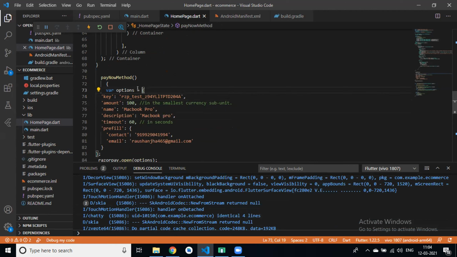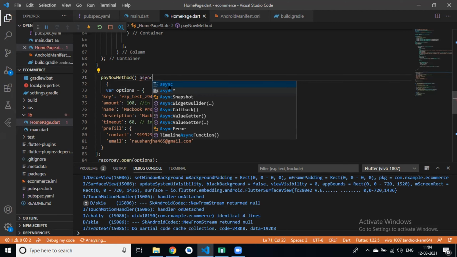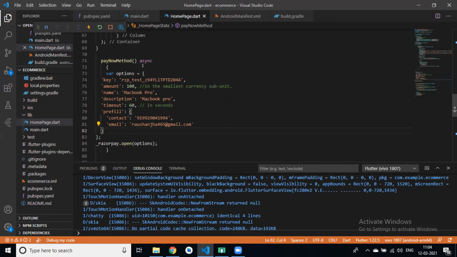This will be our async method, the pay now method, async, and we have a variable option. Then razorpay dot open option.